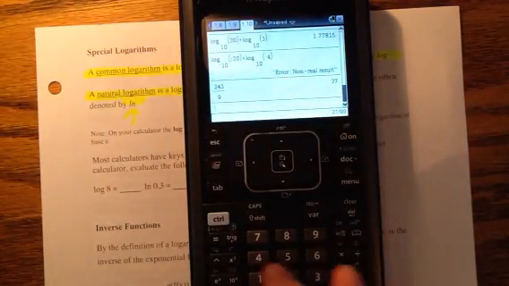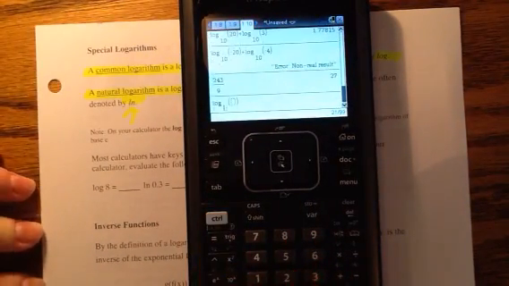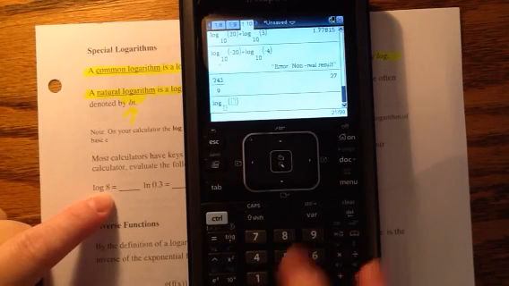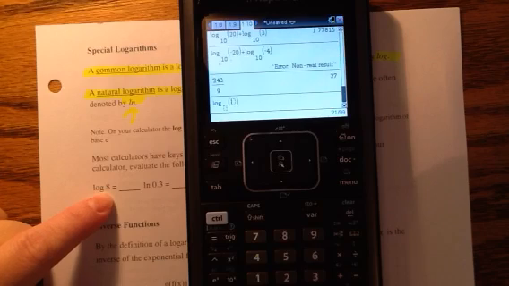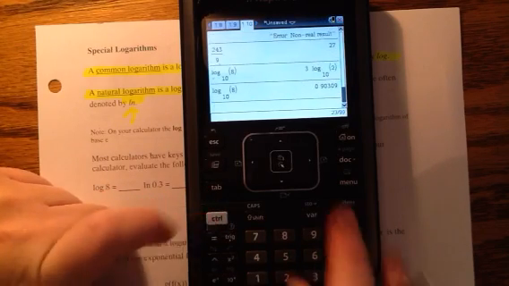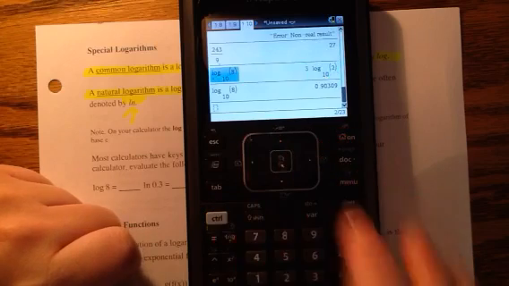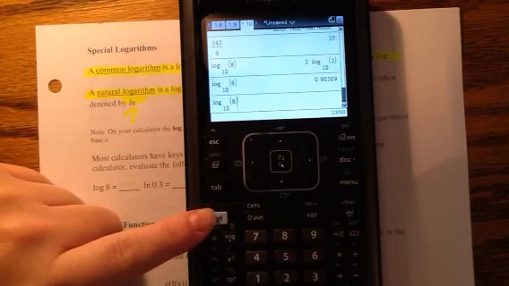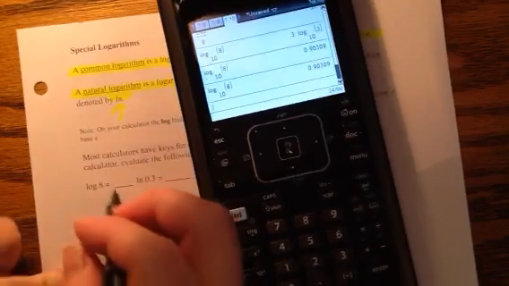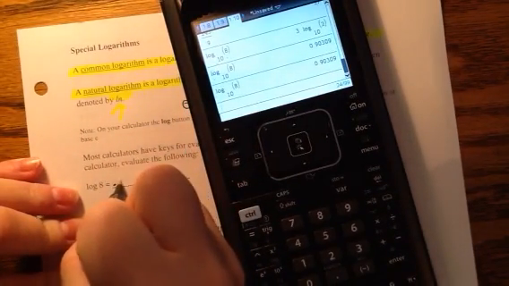If I do the first one, I'm going to press control and then the log, and then it's going to ask you what base you want. The base here is implied as 10, so you can type 10, but if you just leave it blank, the calculator assumes you mean 10. Let's do that one more time. So I have my log entered. You have to press control and the enter button so that it approximates it for you. And so we're going to use 3 decimal places,